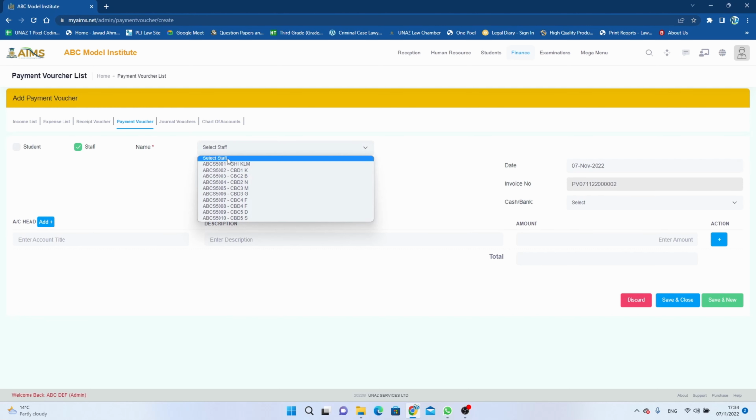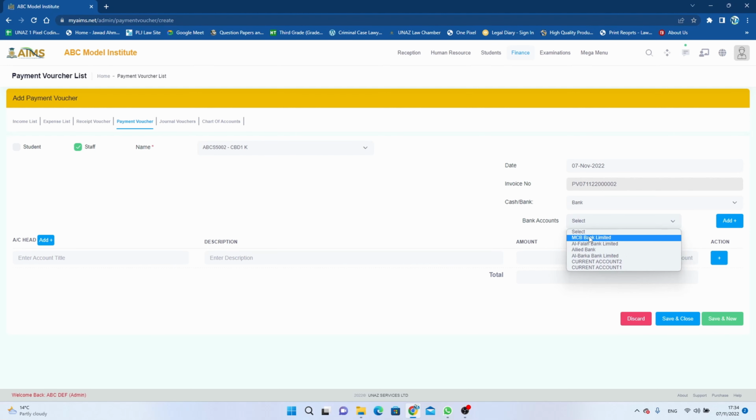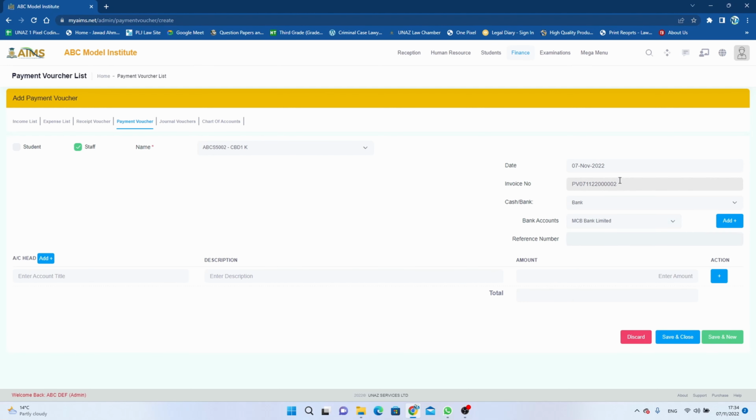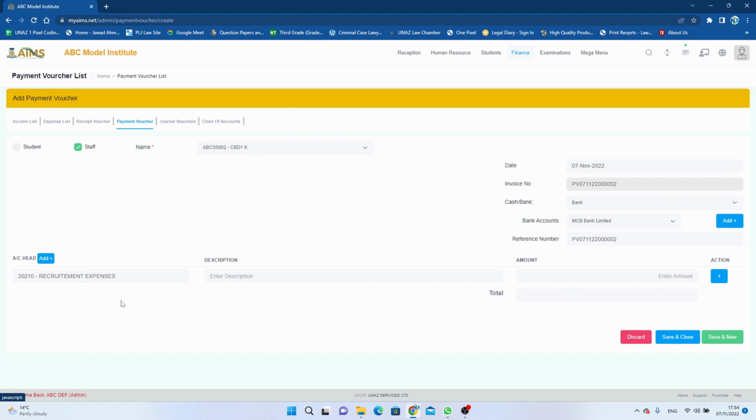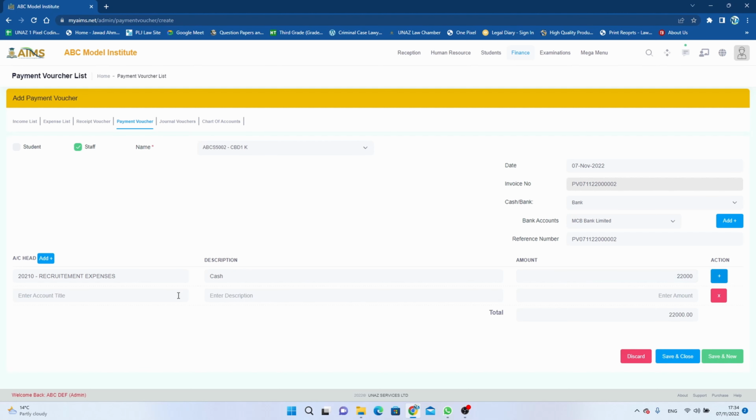Select a staff and bank. I will put this one as a reference. You can pay the check number or slip number. If I go to do expense, so premises expenses, miscellaneous motor expenses, recruitment expenses, and then cash by 22,000, and